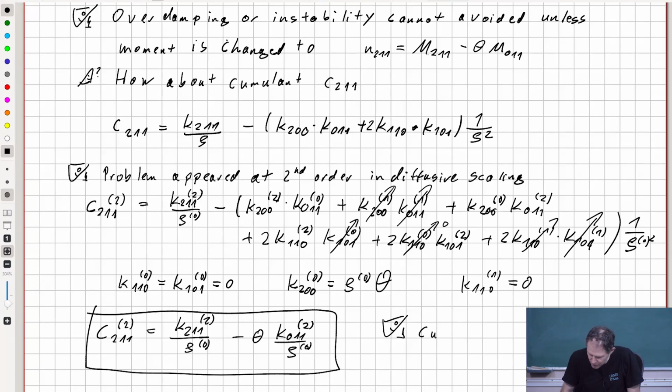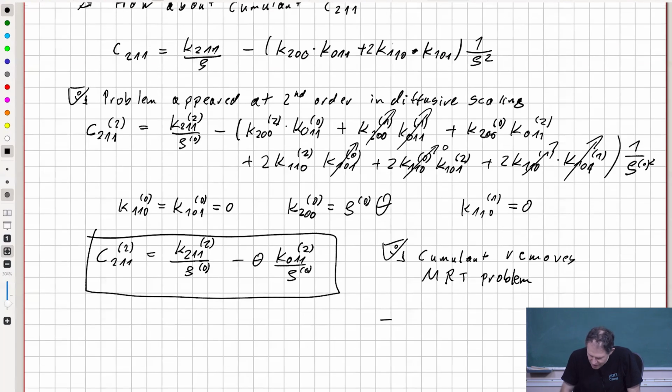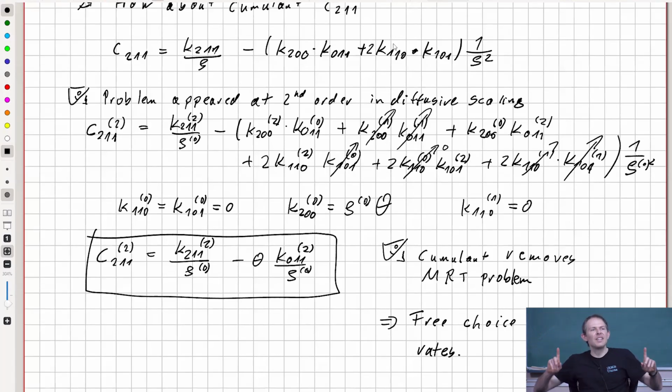So writing this down: cumulant removes MRT problem. And this means we are now actually finally free. Now we are free to choose. We have a free choice of relaxation rates for the different cumulants, which previously we had not. Okay. This concludes